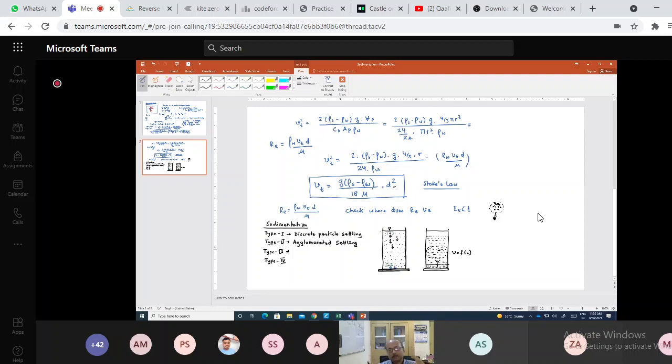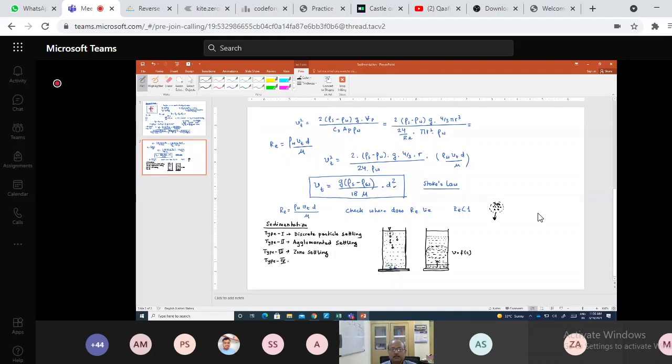The whole thing settles very slowly at the bottom. So this is known as zone settling. Here the velocity of the settling is a function of the concentration of the